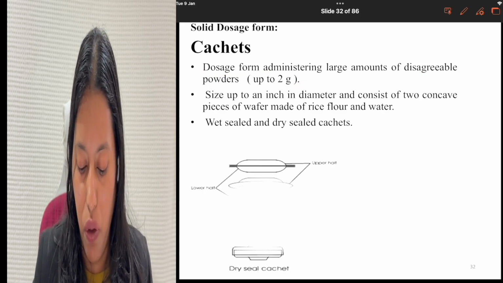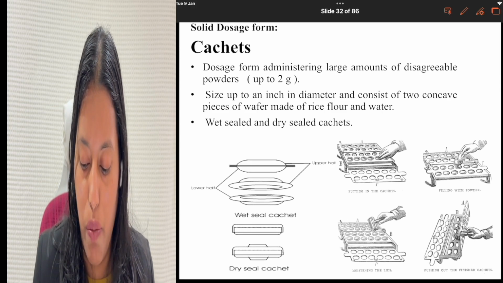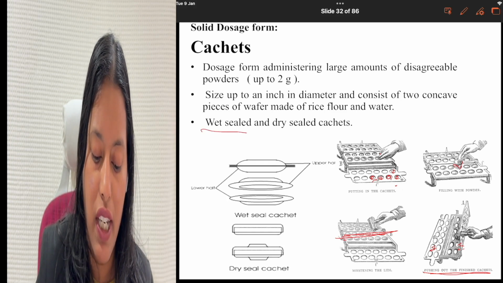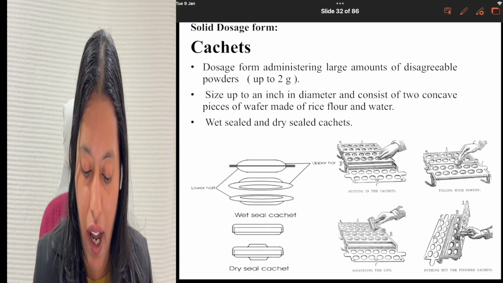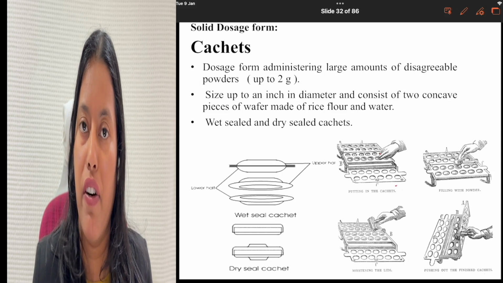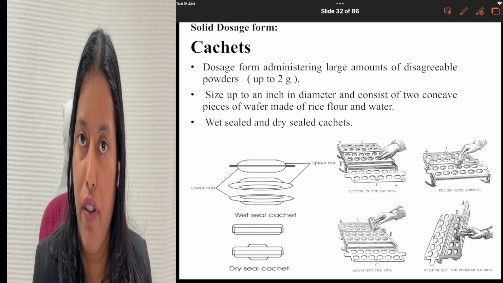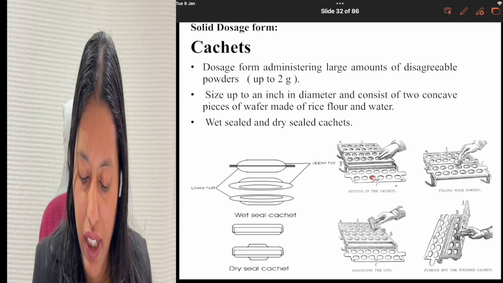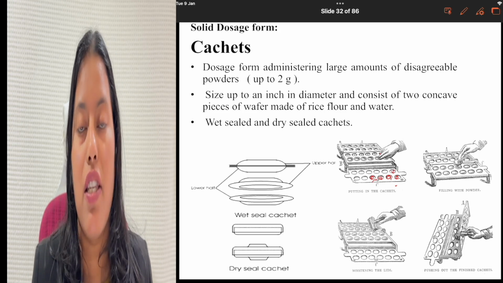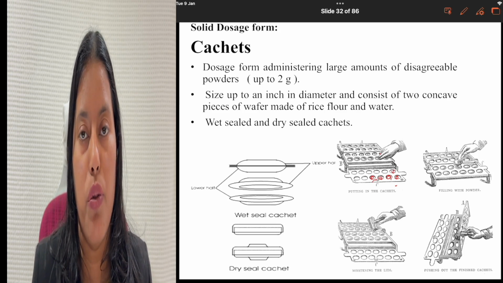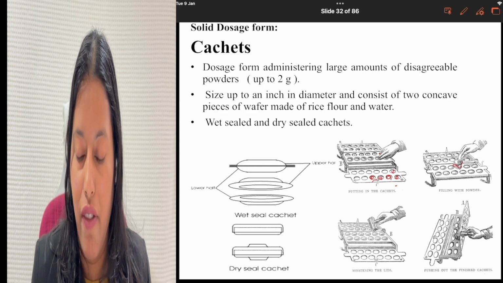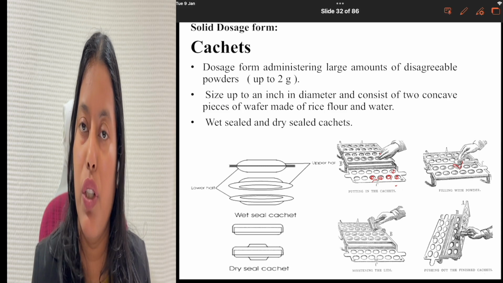So you can have a look at the small instrument which is used for preparation of the sachets. In this wet seal process, you can see you have the upper plate and the lower plate where all the wafers of rice flour are first placed. In these cavities, first the wafers are placed. Once the wafers are placed, the powder is filled into the lower portion. You can see with the help of a funnel, the weighed amount of powder is getting filled into the lower